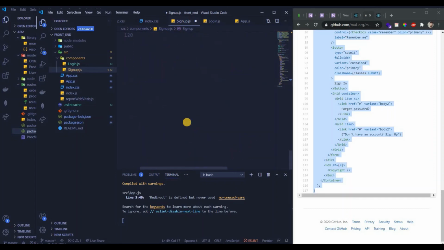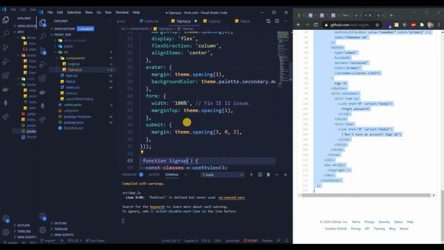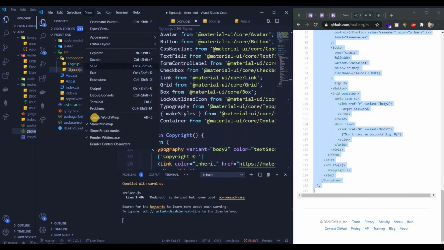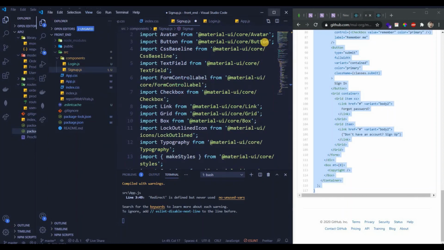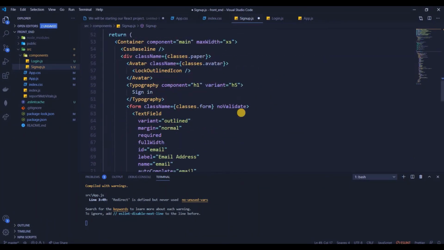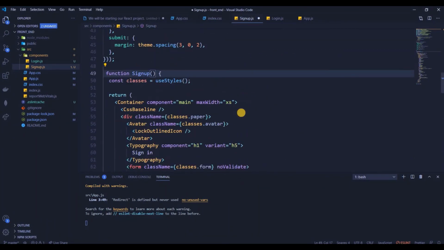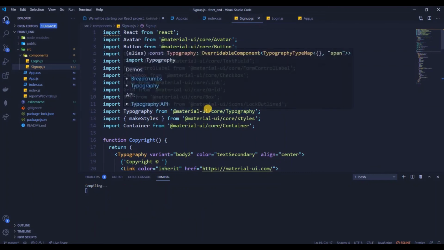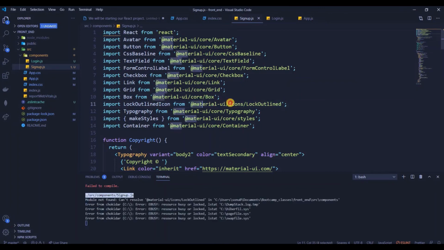And similarly, let's go ahead and check. Let's just do a full screen of this and see, we just imported code over here, so that we don't have to do a lot of changes, but there are some dependencies which are not there.